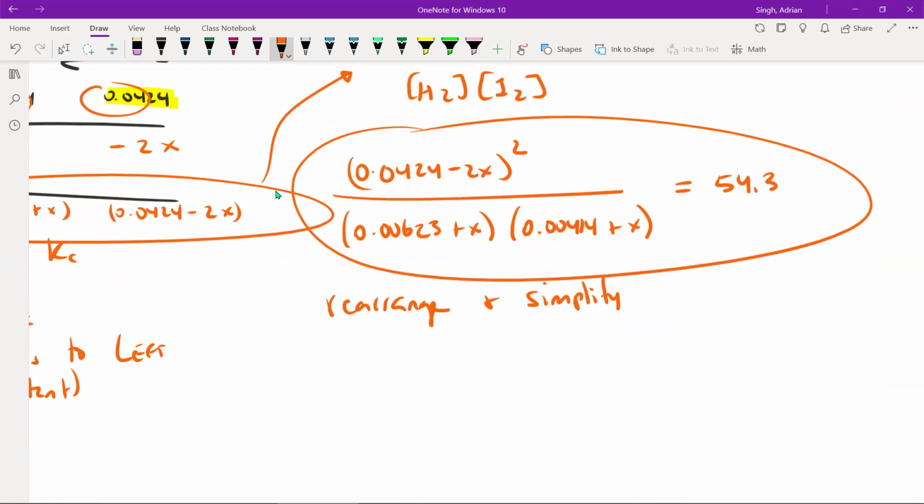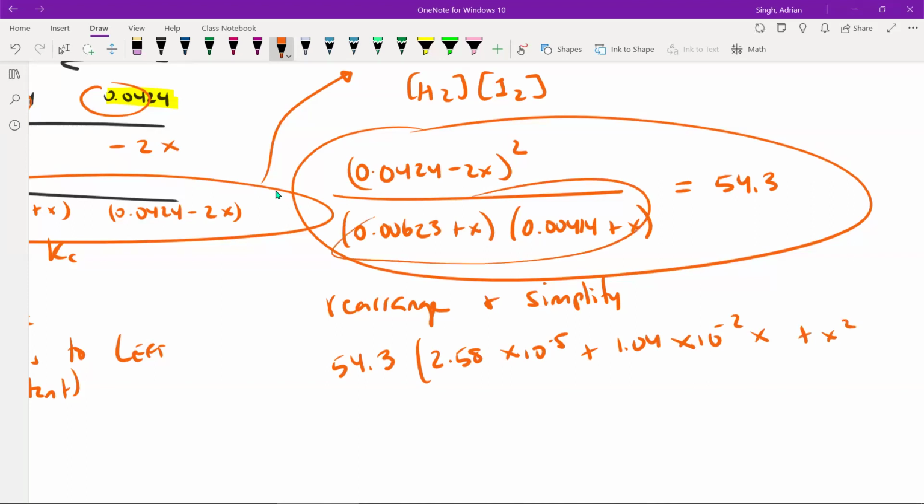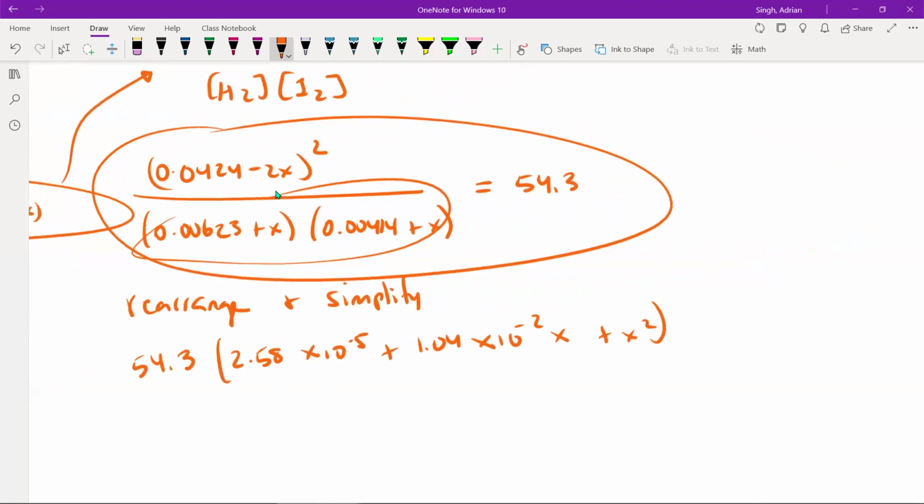54.3 into 2.58 times 10 to the minus 5 plus 1.04 times 10 to the minus 2x plus x squared. Okay, so that's this entire thing that we have multiplied by the 54.3, and then that is equal to,